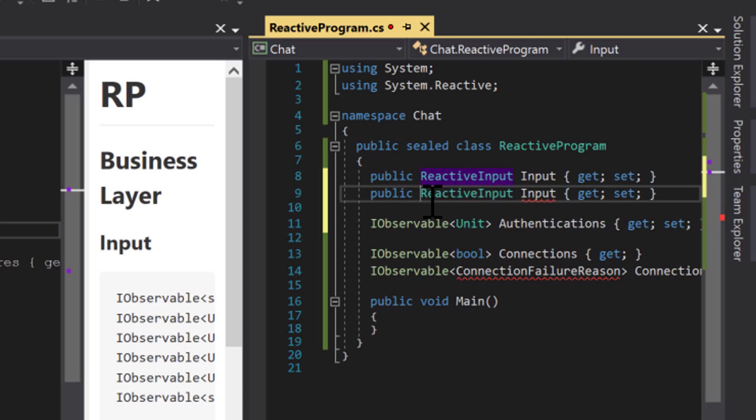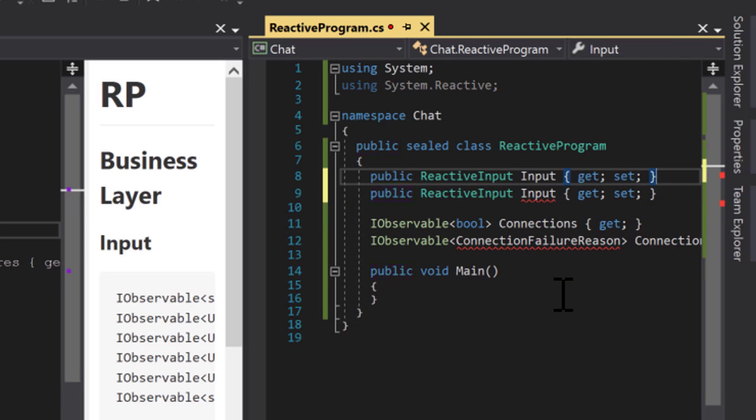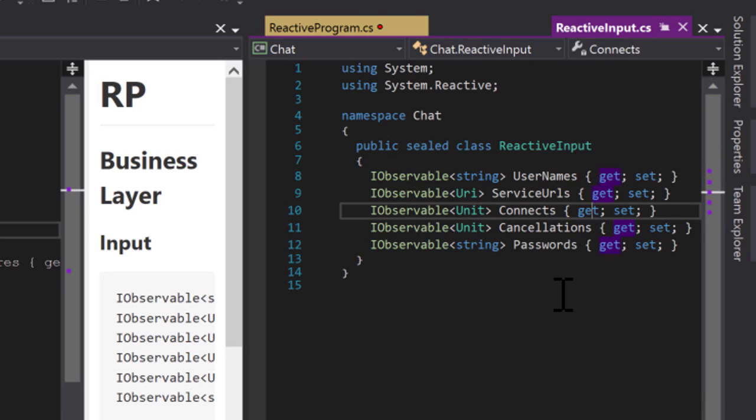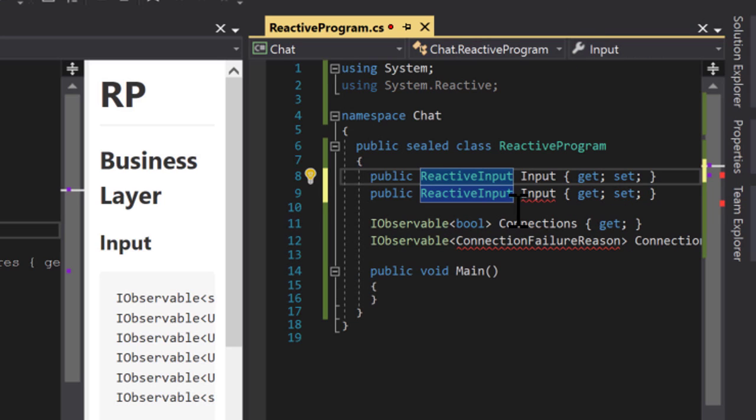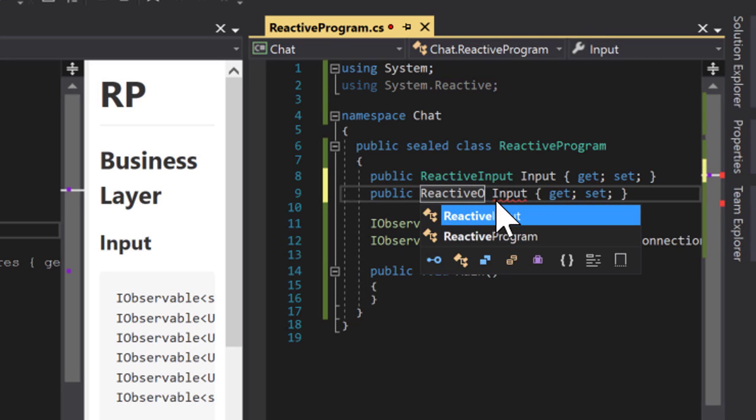And then we have reactive output. You know what's weird about doing it this way, though? Then you have these weird stragglers here, which are both input and output. I guess I could just separate them. I mean, they don't technically have to be the same observable, right? So let's just do it that way for now. So authentications just goes there with the other reactive input. And then we'll have reactive output,